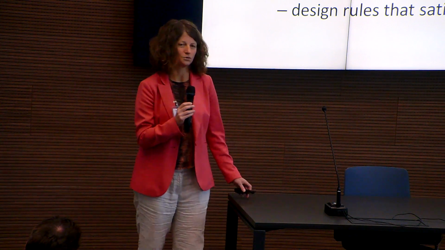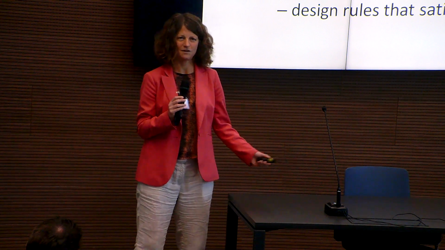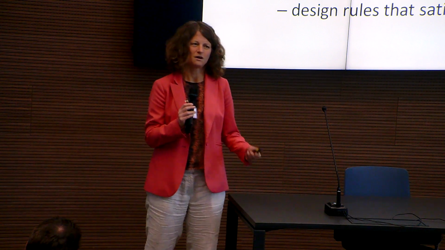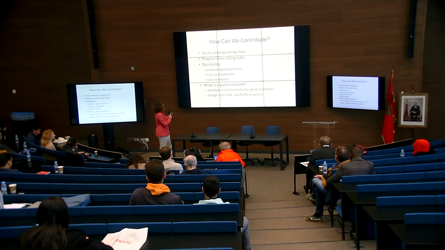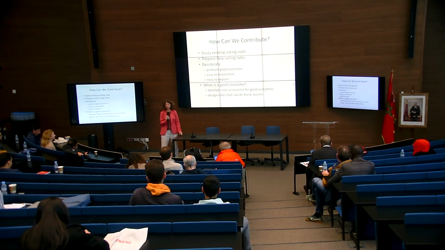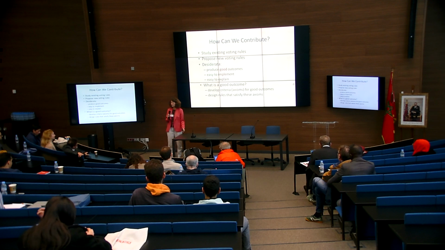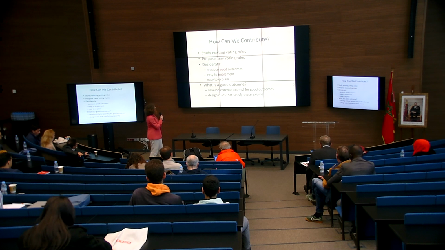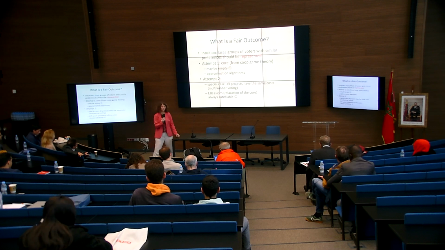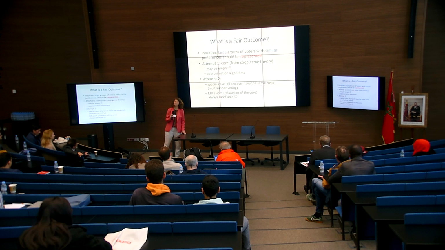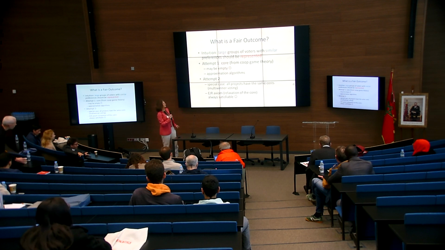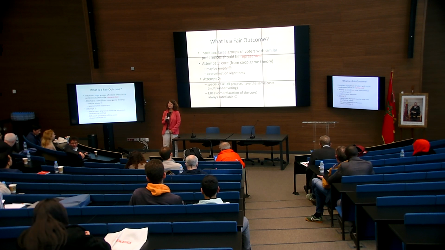Okay, now zooming in on good outcomes. This is something where we need classic social choice to help us. How do we formulate what is a good outcome? How do we capture this idea? This is typically done by axioms, and then our job would be to devise voting rules that satisfy these axioms. Okay, so this is a long journey. To keep the presentation short, I will go through this very quickly. There have been several attempts in the literature to formulate what is a good outcome.